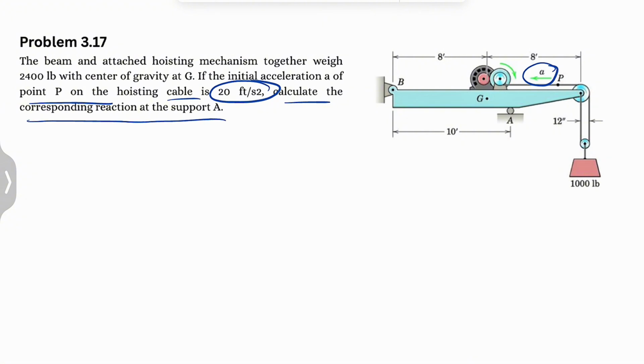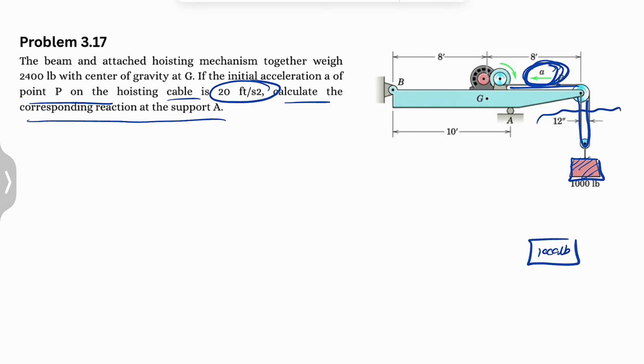So the acceleration that we have is for the point P in this cable, and because the weight that we have in here is attached to two of these cables, whatever acceleration we have in here, half of that would be the acceleration for the moving of this block. So what we're going to do is a cut in here and draw the free body diagram